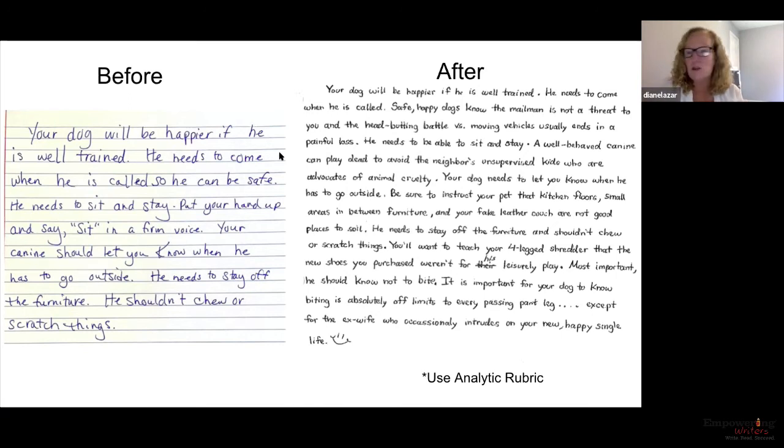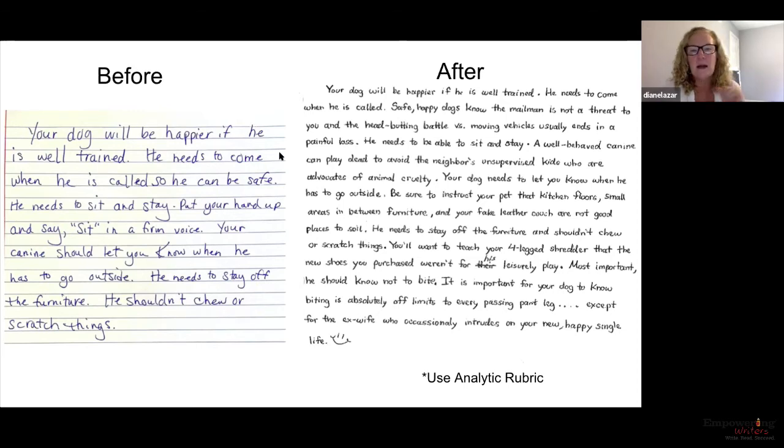We talk about process writing. Process writing is doing a draft, going back, revising that draft. This is a great way to really teach kids how to revise without overwhelming them. How many times have you had students write an entire piece and then said, okay, now it's revision time? And what do they do? They groan, they moan, they have to go back and revise the whole thing. But if we can teach them how to revise small pieces, it doesn't feel quite as uncomfortable for the students. So that's really part of how we manage revision and use the kinds of tools that we have available.